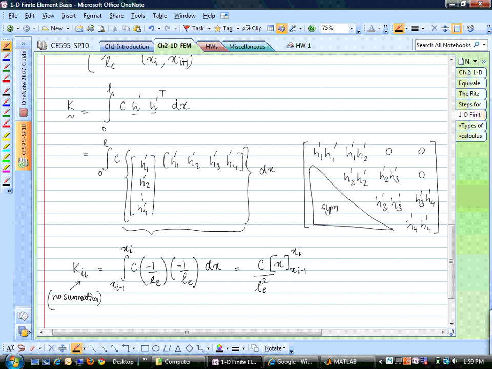Does that make sense? And then what we get is C times C over LE, because the numerator is nothing but LE. It is the length of that element. So this is the main. These are the main diagonal terms. Now